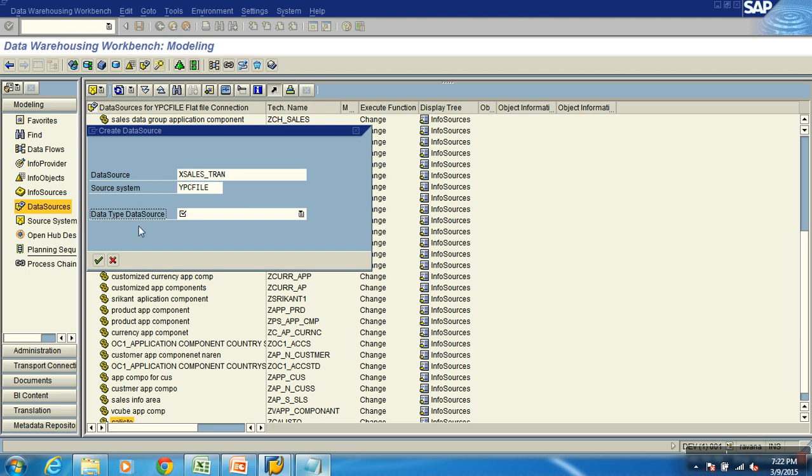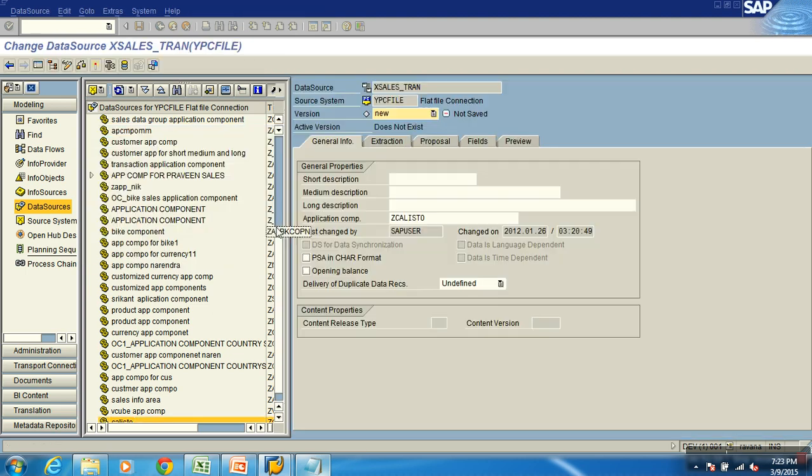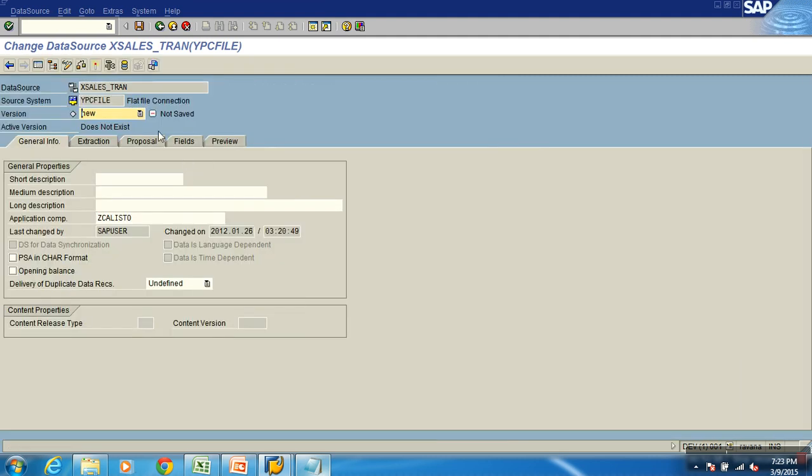Now drop down: transaction data, text, attribute, hierarchy, segment. What is that one? You're using this data to extract what? Transaction data. By looking at the file, you can know whether it is transaction or master data, right? Yes. Okay. Now it takes me to a screen where you can start defining all the properties of the data source. Look at this. It will just ask me for the description of the data source: medium description, long description.